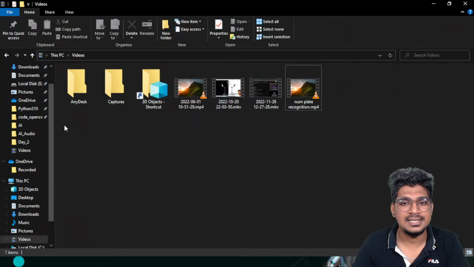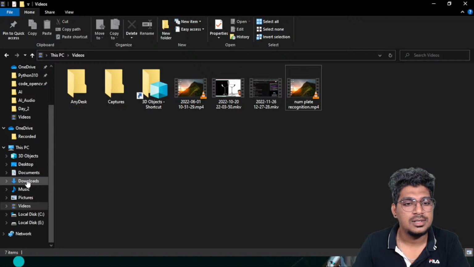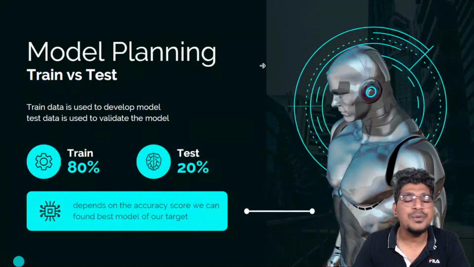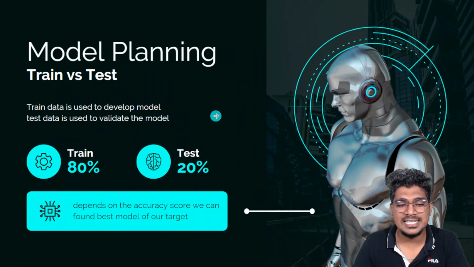Now I am going to use one particular data set. For example, just a minute guys. Without delay, I am going to enter the coding. Before entering the coding,